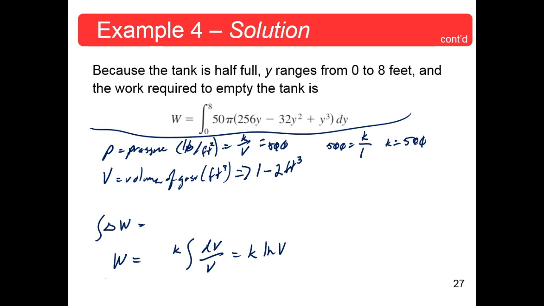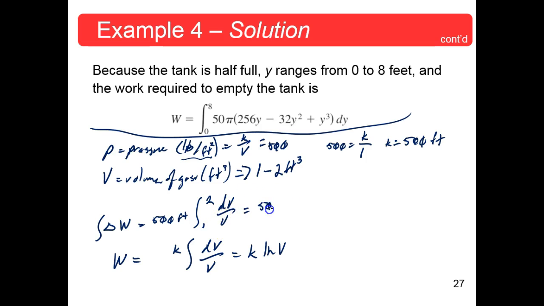When you multiply K times V, this is pounds per square foot, and this is cubic feet. When you multiply those together, this comes out to be a measure in feet. Now, I don't know if they say that, but it does have that unit. So the work done by the gas is, this delta W is the K, which is 500 feet, times the integral from 1 to 2 of dV over V,